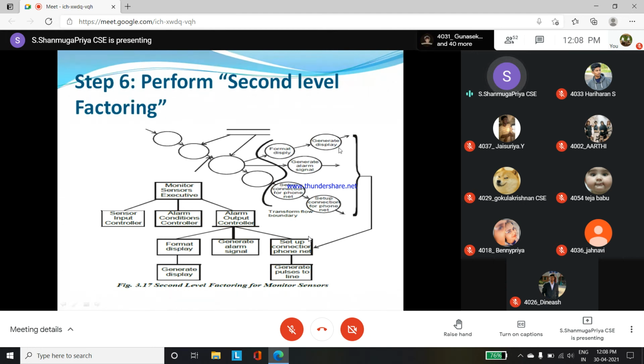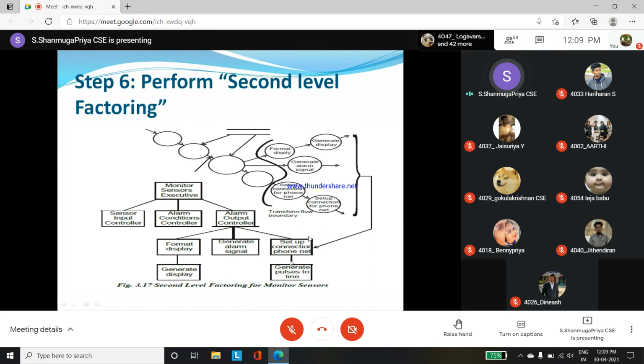So for example, if an unauthorized person is entering, we have to get information. So with the help of the display we are identifying what is going on. An alarm signal, so it is giving any sound or light, என்ன alarm வச்சிருக்கோ அதுக்கு ஏத்தாப்ல it will generate the signal. And after getting output it has to go for the phone connection also. So phone connection க்கு போகுது. If an unauthorized person is entering, third parties, in the sense police, inform பண்ணனும், அந்த மாதிரினா it has to set up the connection to the phone network. Okay, so that is our second.